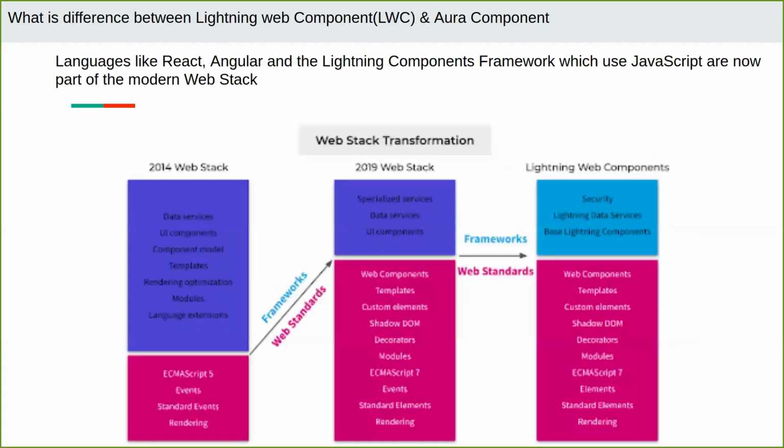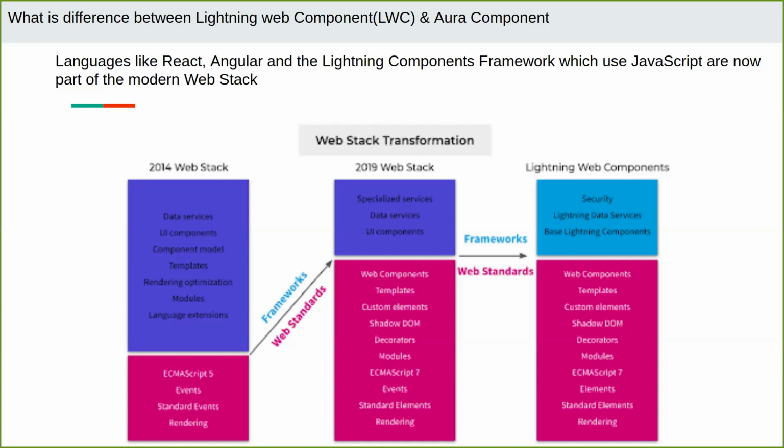The second topic is what is the difference between Lightning Web Component and Aura component. If we talk about C and C++, we have to know what the difference is and why we use C++ instead of C. As you know, C++ offers reusability of the code, classes and polymorphism, a lot of inheritance, a lot of benefits. So here is also the Lightning Web Component. There are benefits; it is beneficial.